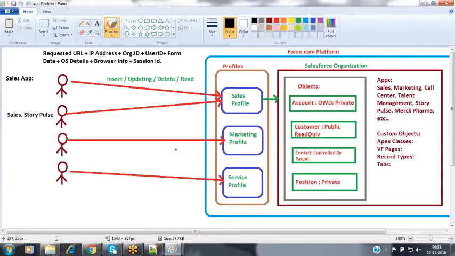At the time of login, it will verify whether this IP address comes under the trusted IP addresses of your network ranges or not. If this IP address is available inside that range, then only it will allow you to log in to the application, or else it will give an invalid message, meaning you cannot log in to that application.